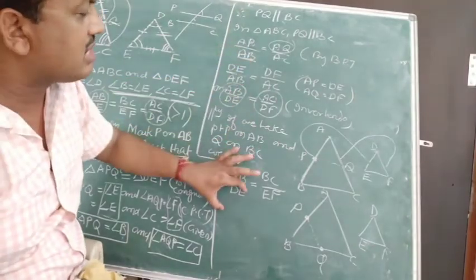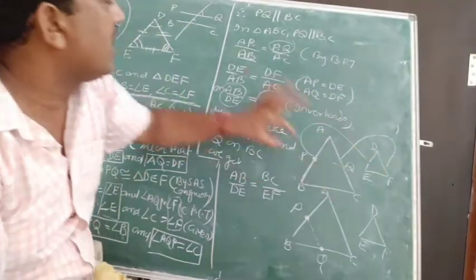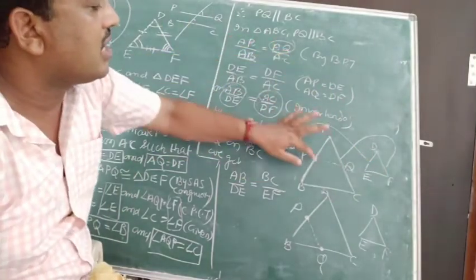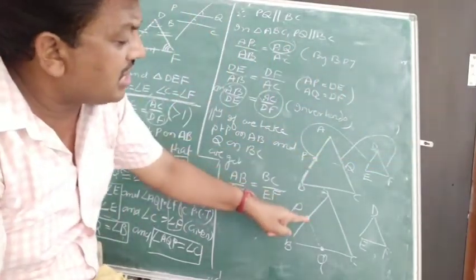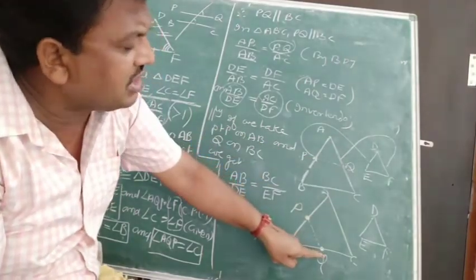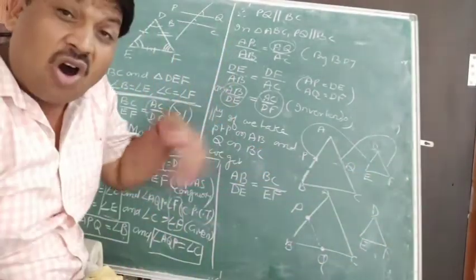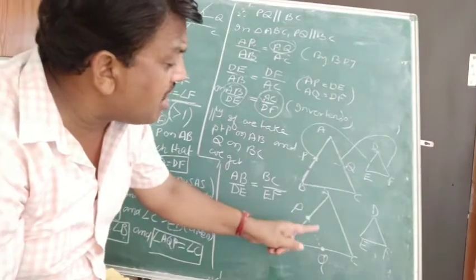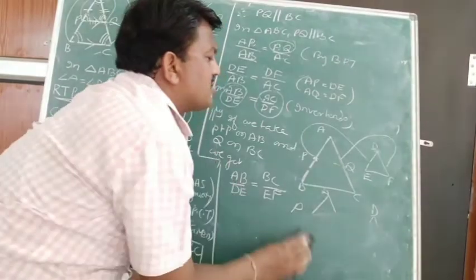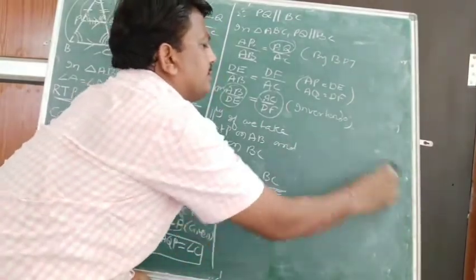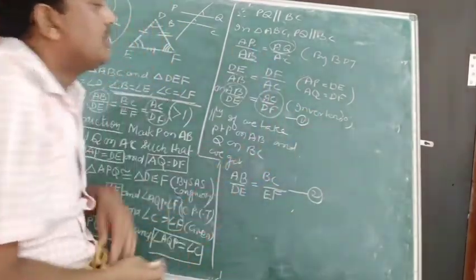By seeing this, we can say that if P was the point on AB side and Q on AC side, we got the relation between AB and AC which corresponds to this side and that side. If I take this point on AB and BC instead of AC, I get the relation between AB and BC with DE and EF. Or we can take the points P and Q elsewhere also, no problem, but these two are enough. So what happens, children? It's number 1. It's number 2.